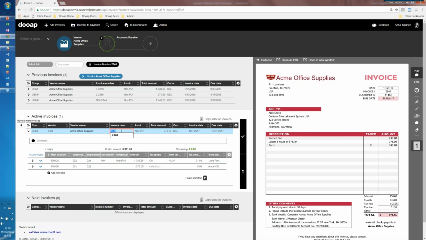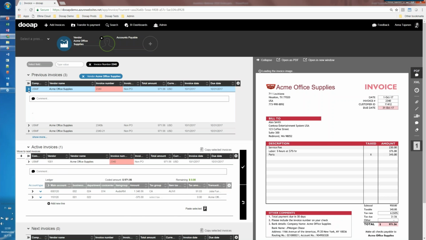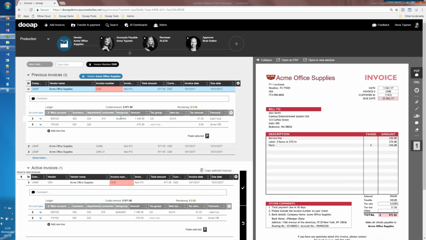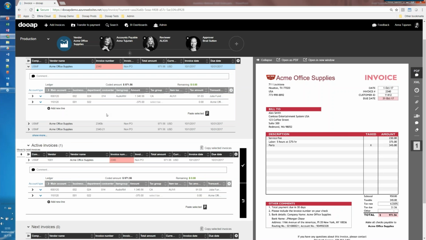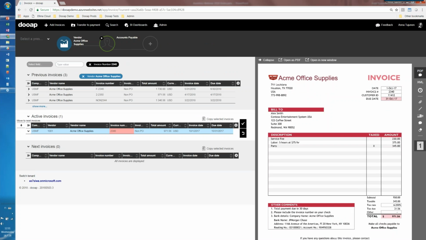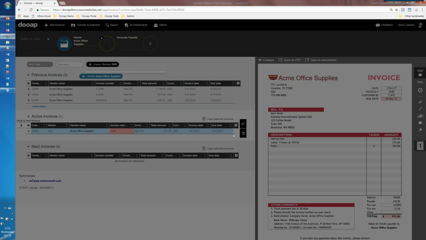Now, if I click enter when I'm in that invoice number field, what happened is it applied this quick filter for me. So it's showing me all the invoices that have this same invoice number. And this means that I can really quickly confirm that, okay, yes, this actually is a duplicate invoice. So by comparing those invoices, I know now that I do have a duplicate invoice, and if I want, I can archive this invoice that I had as a duplicate.